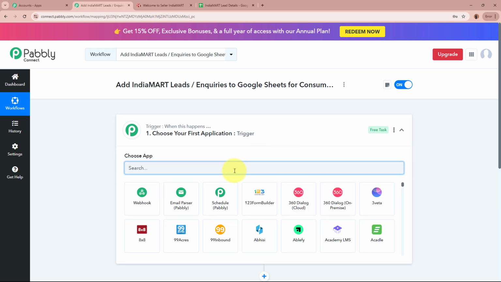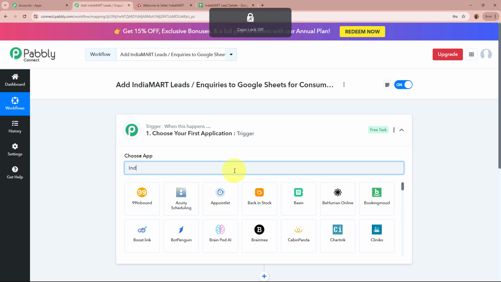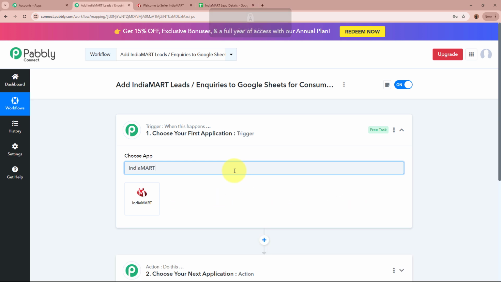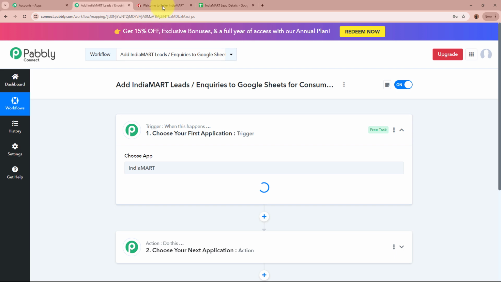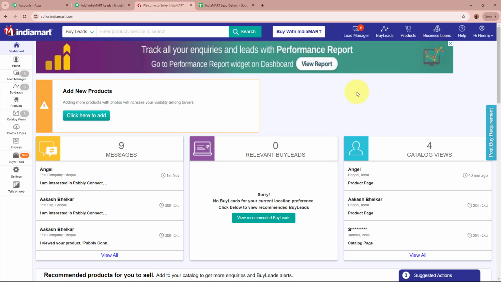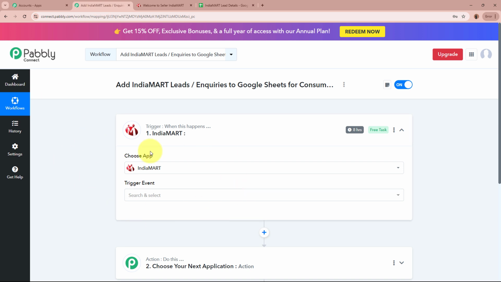And for the trigger application over here, I'm going to select IndiaMART. With the help of IndiaMART, I'm receiving a lot of leads and inquiries for my electronics business. I want that as soon as a new lead is generated through IndiaMART by potential customers and clients, Pabbly Connect should automatically and instantly capture the response of the new lead. And for that, I've selected my trigger application as IndiaMART, and for the trigger event, I'm going to select